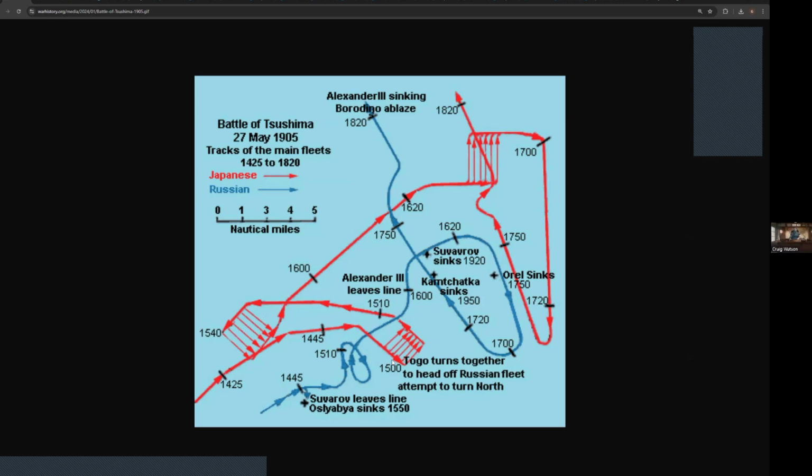Oh, and for the audience who's not seeing a diagram right now, the crossing of the T, basically, you have to picture it as instead of being parallel to your enemy, where your broadsides are both firing upon each other, one side manages to turn in front of the other side so that all of their broadsides are shooting upon what is an incoming column. They are perpendicular to the line, exactly. So the idea was the Russians, as they're advancing north towards Port Arthur and Vladivostok,